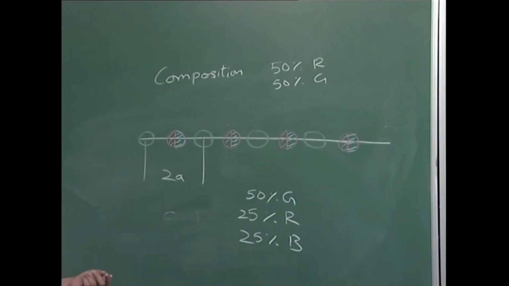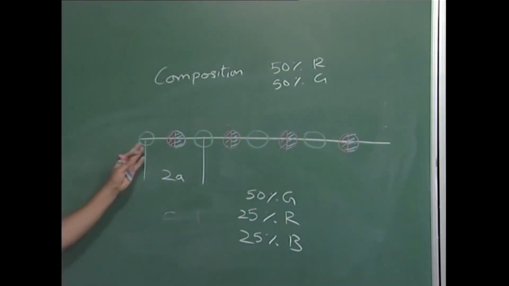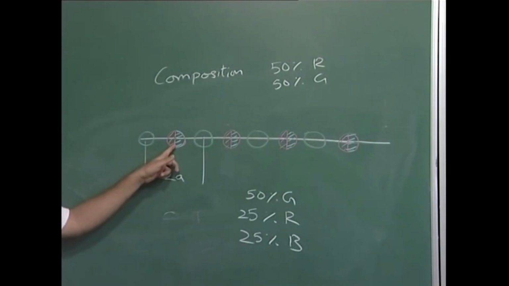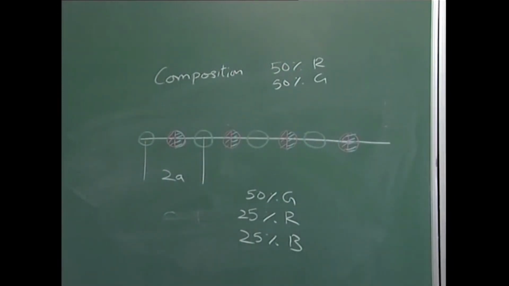So, if I take one particular region of space wherein this crystal existed, I would see, for instance, this could be red, this could be blue, this could be blue, this could be red, but so that half of these positions are occupied by half red and half the other blue. So, now I have a description of a crystal with 2 sublattices. One sublattice is fully ordered with green, the other sublattice being ordered probabilistically with respect to the red and the blue. So, this is a possibility, and in fact, you often find crystals wherein one sublattice is completely ordered, the other sublattice is disordered with respect to 2 atomic species, which in general could turn out to be even 3